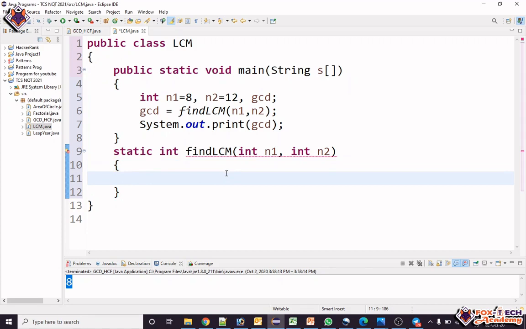Same process: we are given two numbers. This is the find LCM function, and it is going to return one integer value, the LCM. We are given two numbers, n1 and n2.